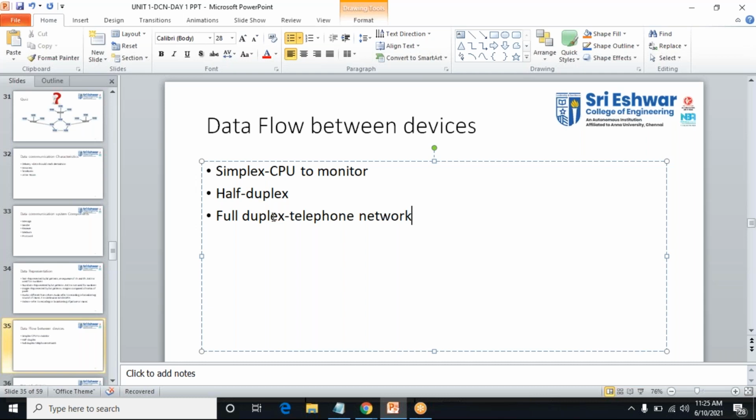If you attend some interviews, they'll be asking these examples, so I'm mentioning it here. Please do make note of it. They'll be asking what you mean by half duplex or full duplex, and suddenly they will ask what is the example for full duplex. At that time you need to know the examples, so while preparing for interviews, you need to prepare these kinds of real-time examples also. If you explain with real-time examples, they will be impressed.